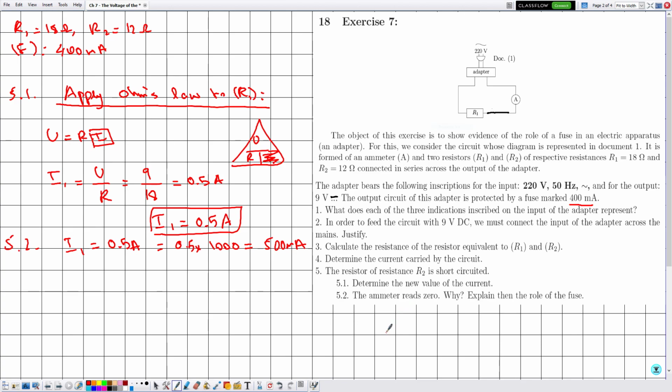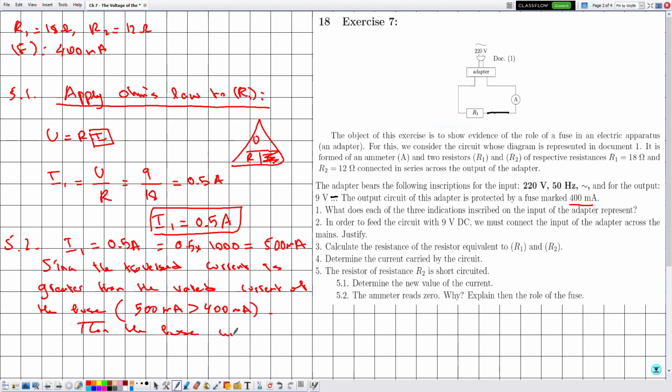Now, why is the ammeter reading a zero current, which is equivalent to saying that the circuit is an open circuit? Because simply, since the traverse current is greater than the rated current of the fuse, and this is because 500 milliamps is greater than 400 milliamps, then the fuse will melt, cut the circuit, which means it is open circuit,